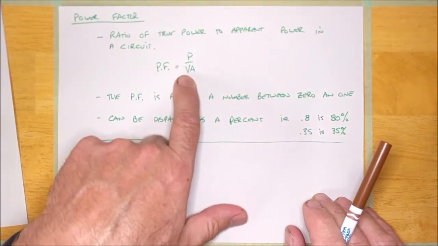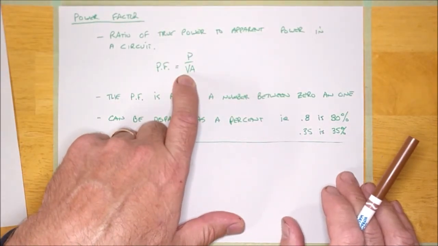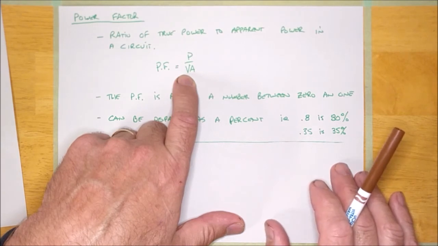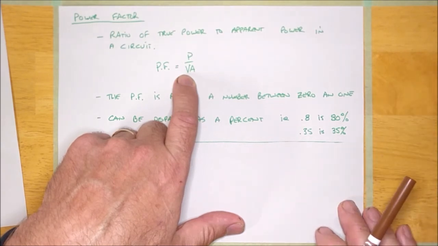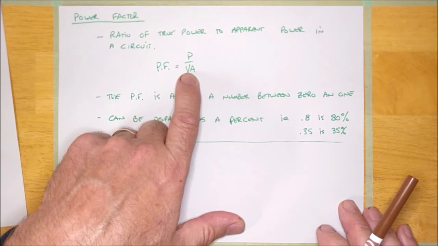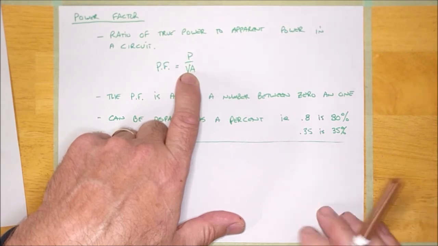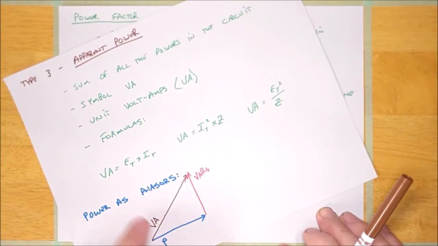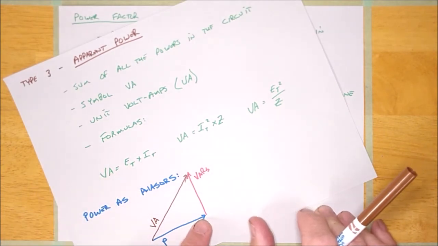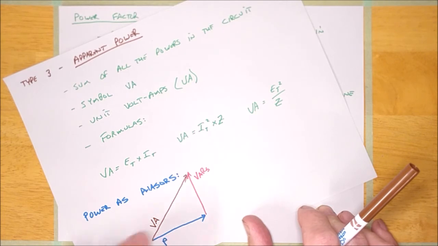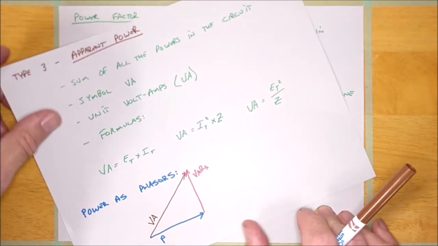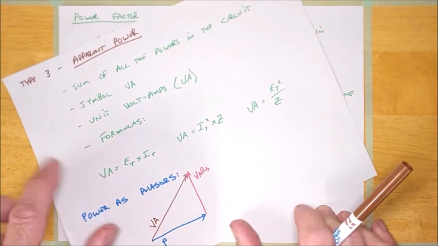It represents the circuit's phase angle, basically. If the power factor is unity, or 1, that means the phase angle is 0. If P and VA were equal, the power factor would come out as 1, and you would know that circuit is in phase,